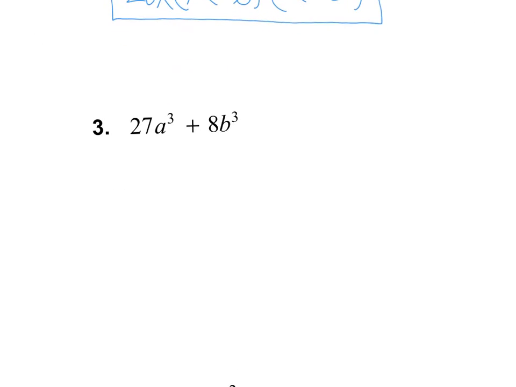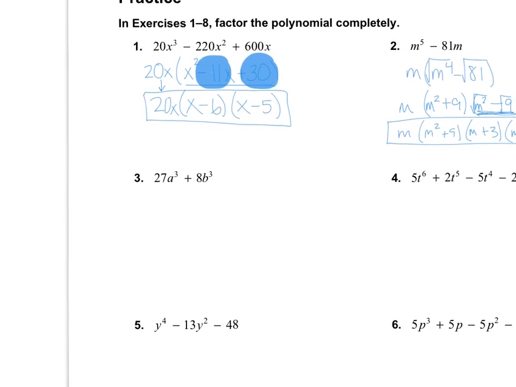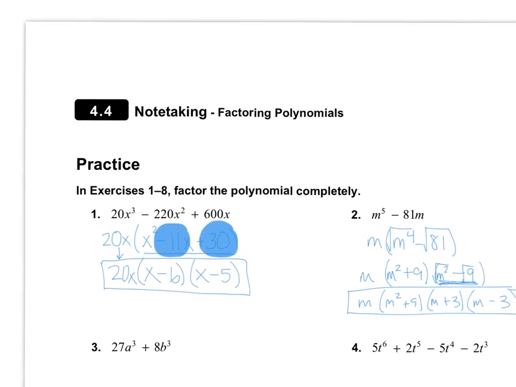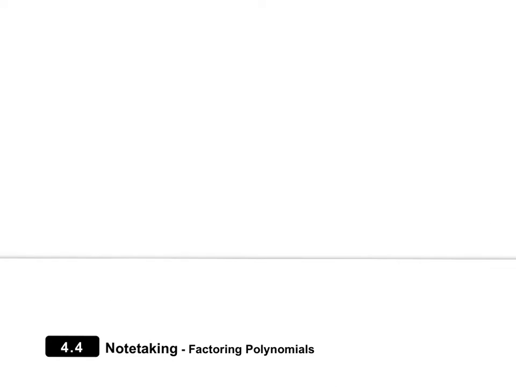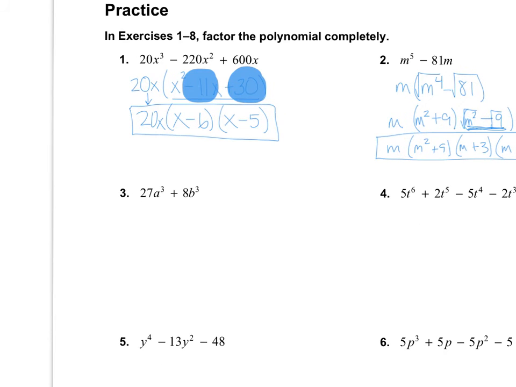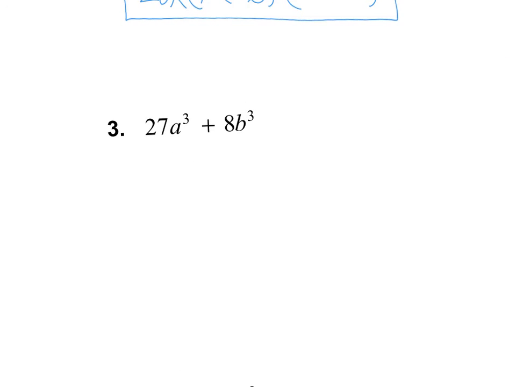Now, here's the third problem. Now, here with the third problem, I have a sum or difference of cubes. So the sum of cubes has a formula. Okay, because I have two things here. This is 3 cubed and a cubed, and this is 2 cubed and b cubed. I can use the formula up here. I actually have to go back. Okay, so the formula is